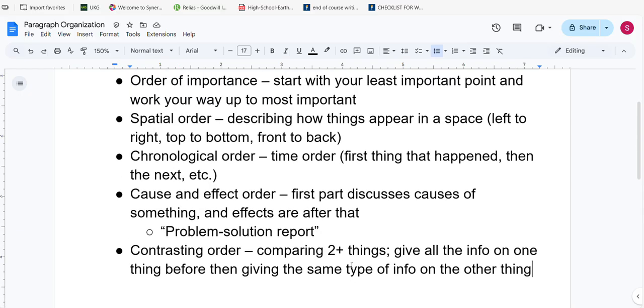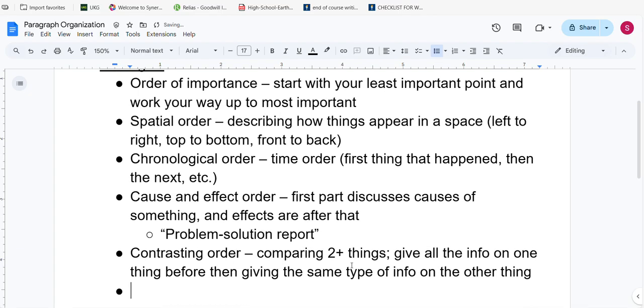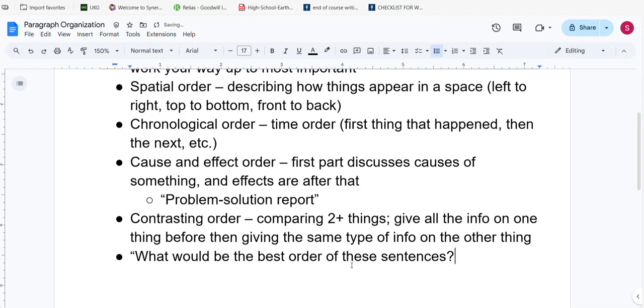I think that's hitting all of them. So one, it's important to just know that for the ones that are saying, what would be the best order of these sentences? And then of course it is good for your own writing. Stick to one technique for your own writing. That is, going back to the rubric here,